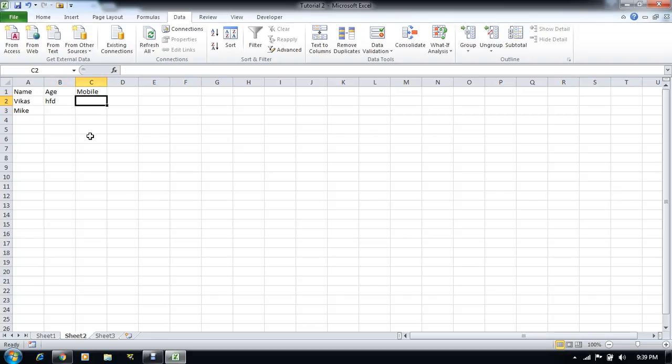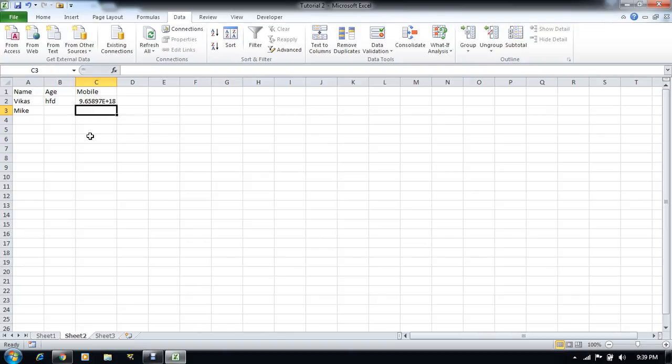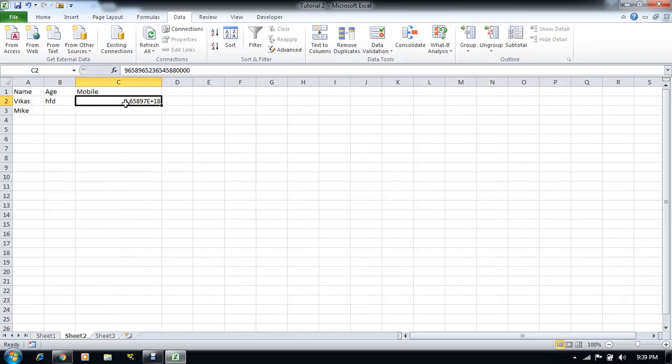The same thing goes with the mobile number. Somebody can type a long series here, but a mobile number cannot have this number of digits.